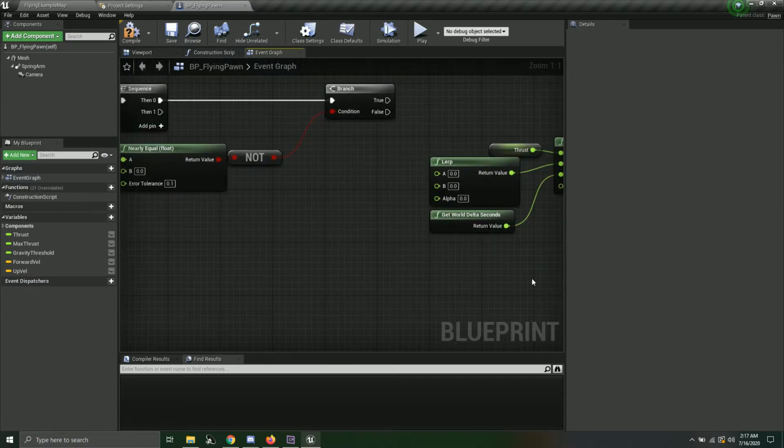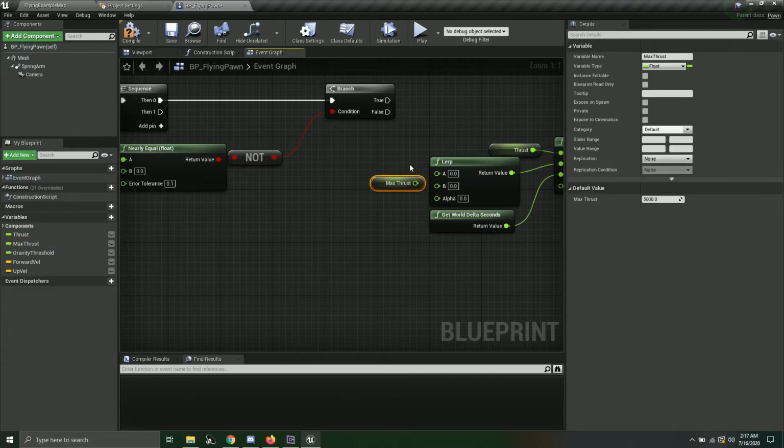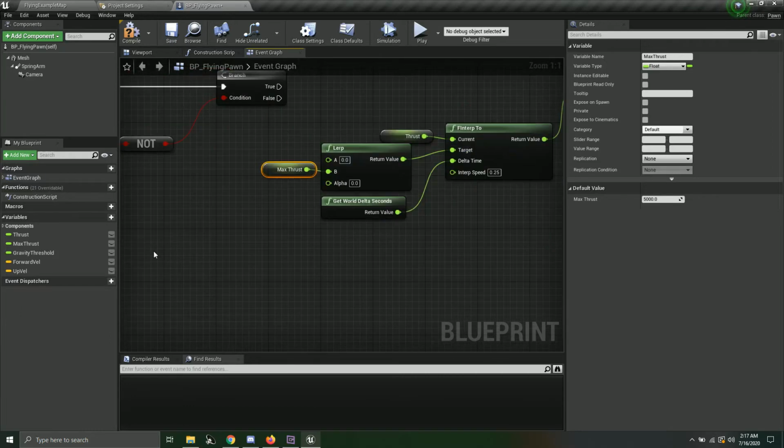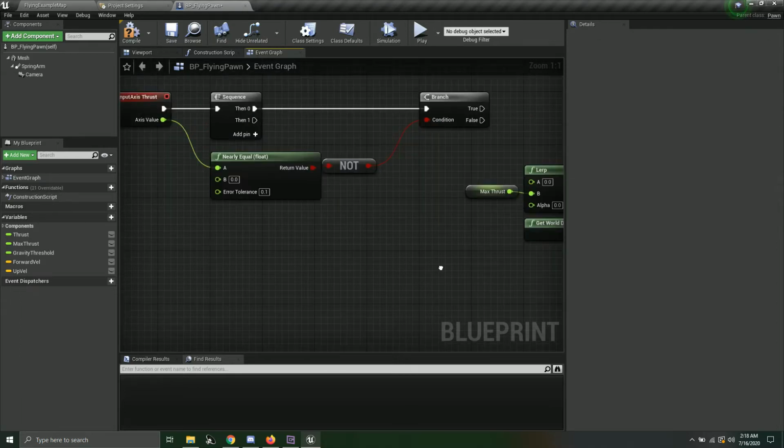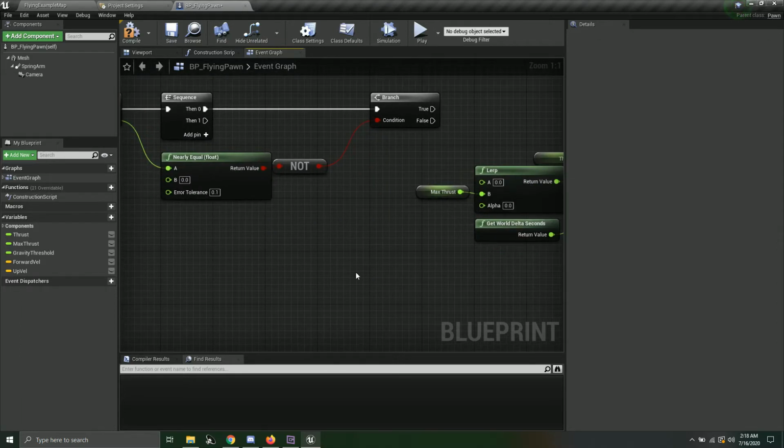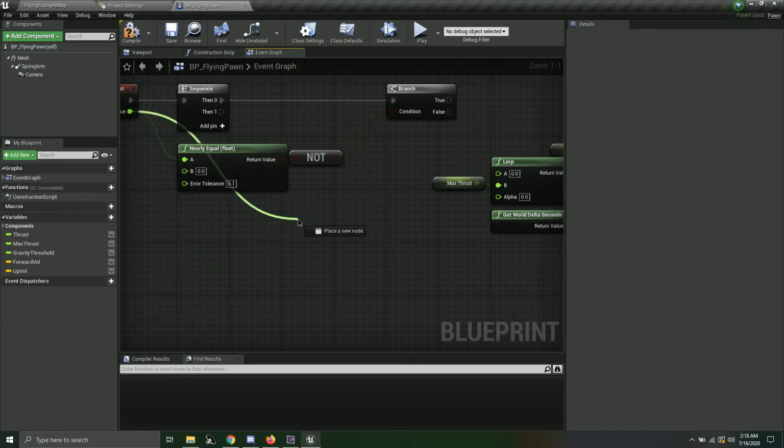Great. And then this is going to be from 0 to our max thrust, depending on our alpha value, which we're going to set in a second. But we're having our A be 0 because given it's a jet, we're not going to program this to be able to go backwards because that'd be kind of silly. But our max thrust is obviously going to be our maximum value. So this will end up smoothly trying to ramp up from our current thrust to our maximum thrust. And then our axis value from 0 to max thrust is going to be